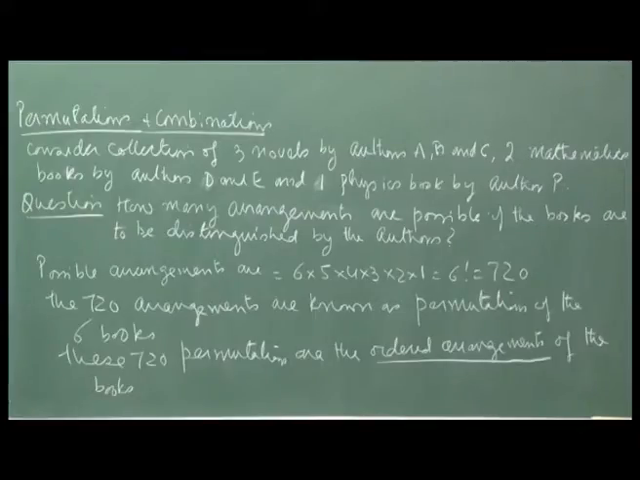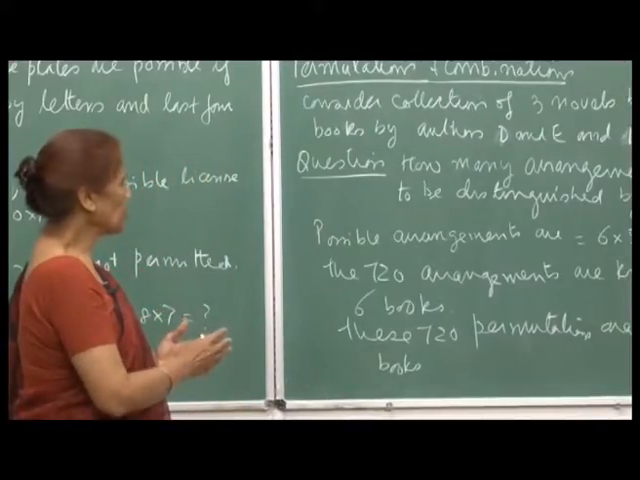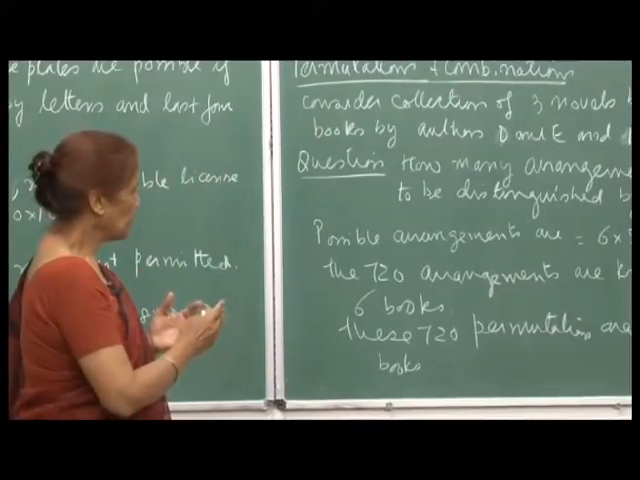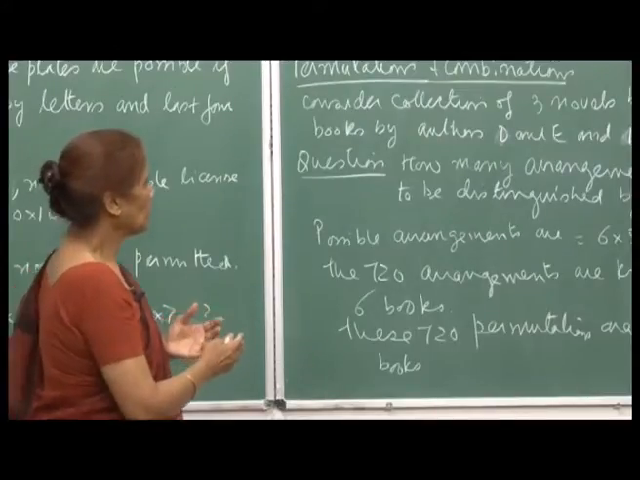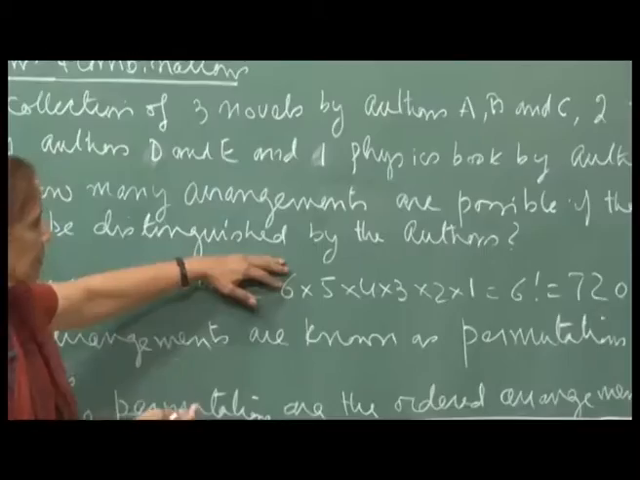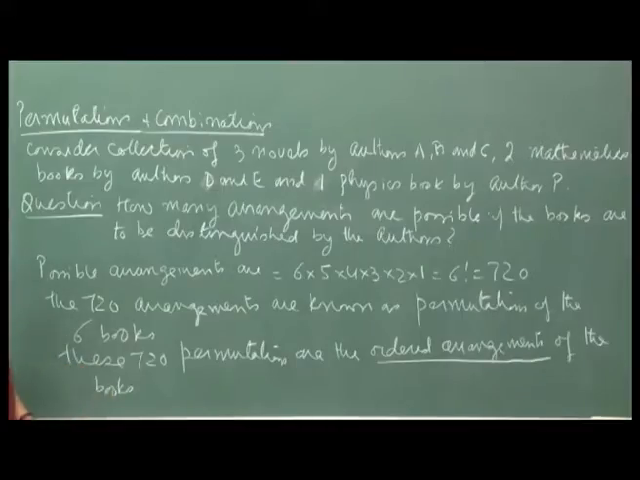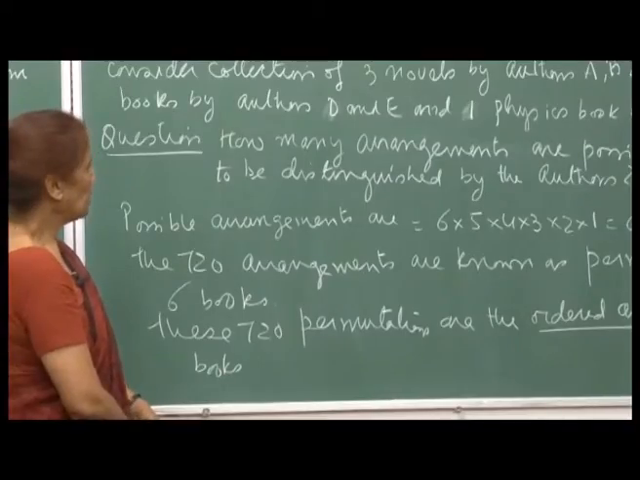So, the question is how many arrangements are possible if the books are to be distinguished by the authors. So, I want to make arrangements of these books, and arrangements would be differentiated because I will be referring to the books by the authors. So, it is not just novels or a mathematics book. So, therefore, possible arrangements, now here again let us just say that we are